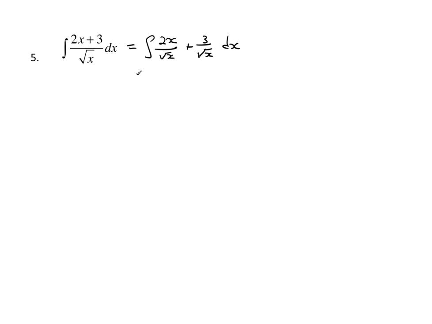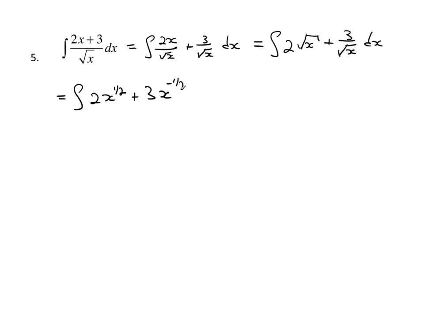Well, that's going to make it a little bit easier because of just a little bit of algebra here. This is the integral of 2 times the square root of x plus 3 times, or 3 over the square root of x dx. And so I'm going to rewrite this one more time, and I'm going to use fractional exponents. So I'm going to write this as the antiderivative of 2x to the 1/2 plus 3 times x to the negative 1/2 dx. See, now it's set up in a nice form that I can do what I've been doing